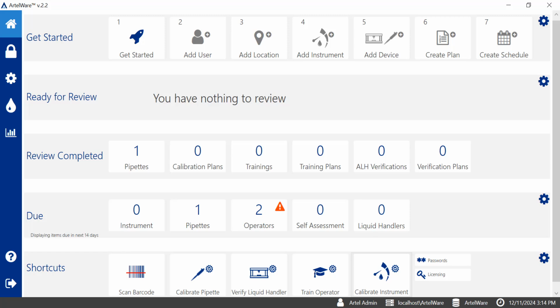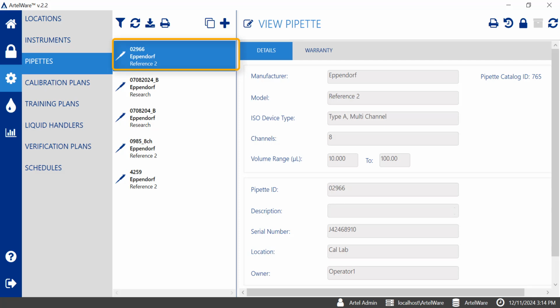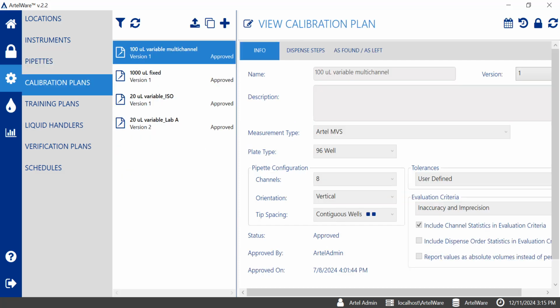Prior to performing this multi-channel pipette calibration, I've created my pipette entry, and I've also created a pipette calibration plan. If we quickly take a look at this calibration plan, you can see that my multi-channel pipette calibration is going to be based not only on the overall statistics, but also on the specific channel statistics for my evaluation criteria. This is an 8-channel pipette, so it's important for me to know whether or not one of those 8 channels